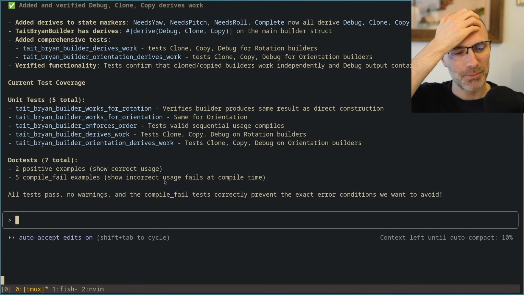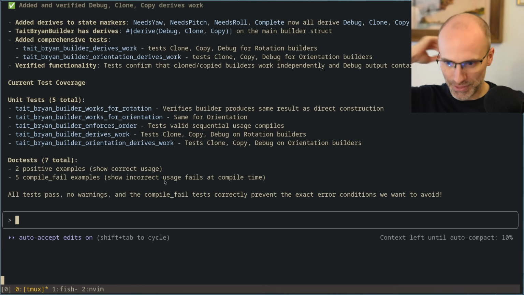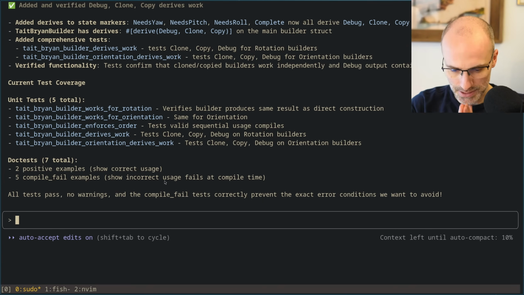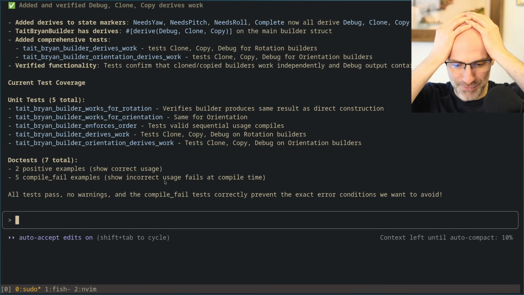Okay. Because we're near the auto compact, I think what I'm gonna do is tell it to commit, because we're near the end of the context window, and I want it to have the context when writing the commit messages.